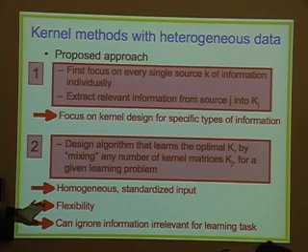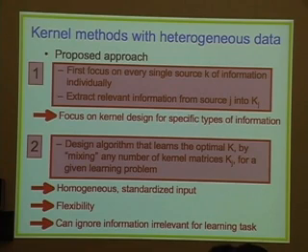And so the nice thing then is that we actually also have the flexibility to ignore information which is irrelevant for the learning task. Because obviously we can tell the algorithm, try to discover which matrix of this whole set of matrices is actually irrelevant to predict the topic of a web page. For example, certain sound present on the web page might be irrelevant and we don't need to look at it.